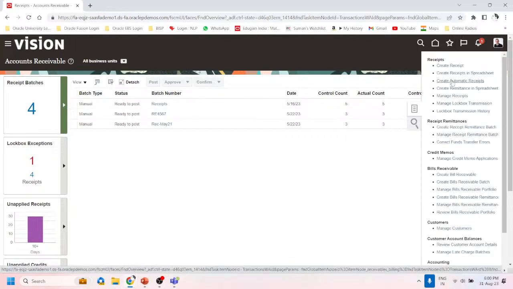Oracle Receivables has an automatic receipt feature that allows you to automatically generate receipts for customers with whom you have predefined agreements. These agreements let you collect the payments on time by transferring funds from the customer bank account to your account on the receipt maturity date. To submit the automatic receipt creation process, you need to navigate to the